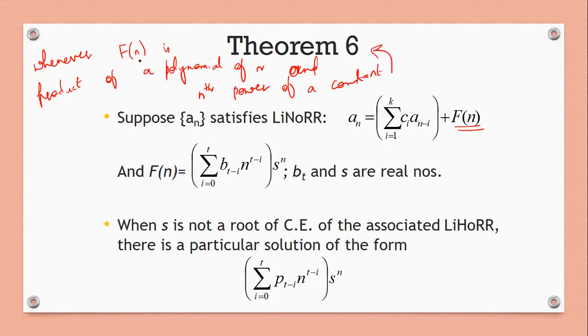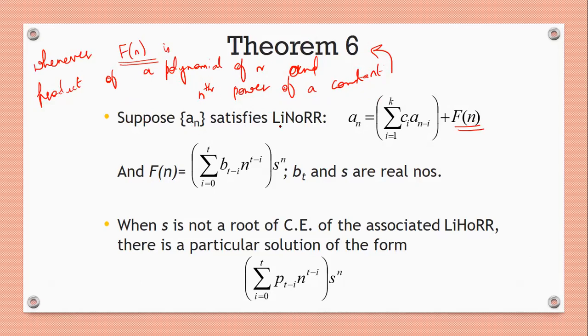So basically f of n will be 3 power n, 5 power n, anything, and along with that it may be multiplied with 2n, 3n, or simply n, or n square plus 1. We will see a few examples, but for now you have to remember where we are using theorem 6. Theorem 6 is being used whenever we have f of n in such a way that it is a product of a polynomial of n and nth power of a constant. Now, we will see the general form of theorem 6.